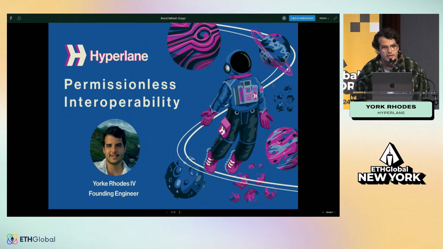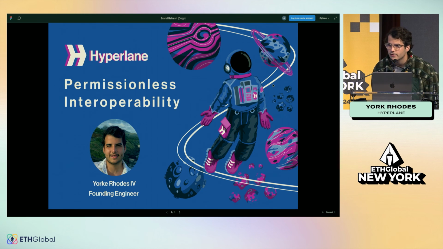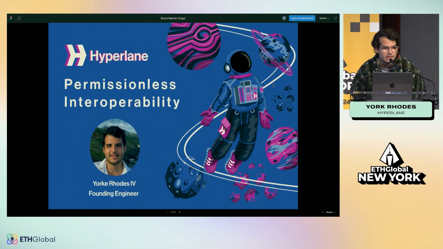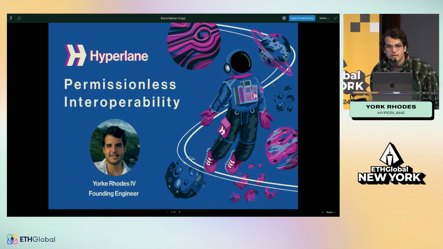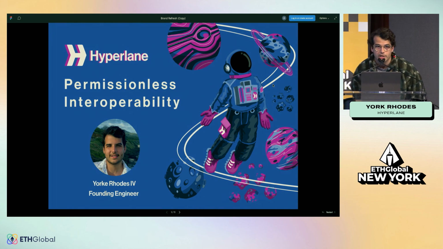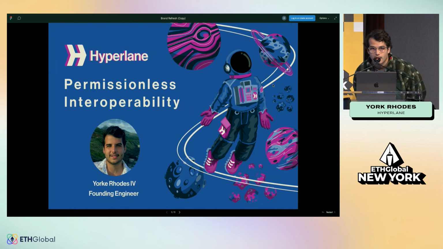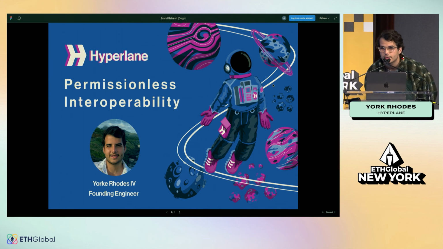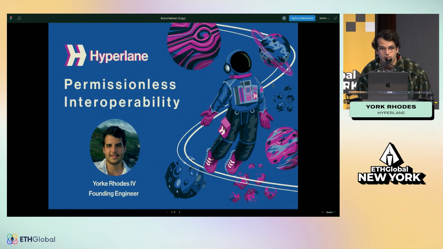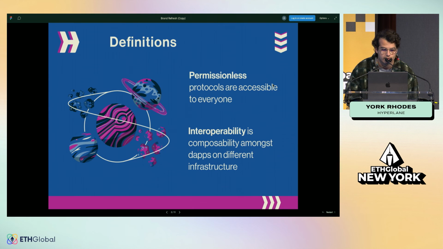The main idea is, instead of having a service-oriented approach where you need to come and do BD with Hyperlane to get your chain connected via some interoperability protocol that doesn't compromise on security, you can actually deploy our protocol yourself, and you can bring your own security preferences. We've done a lot of work to modularize our protocol to allow people to extend it to new VMs, to new chain architectures, and I'm going to be talking through the motivation of that.